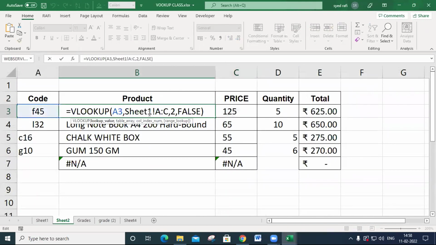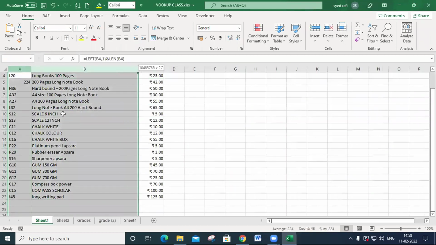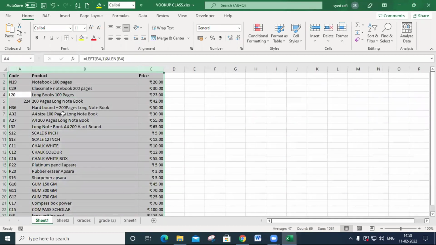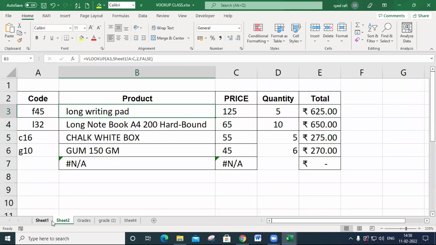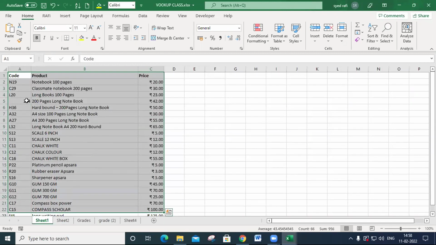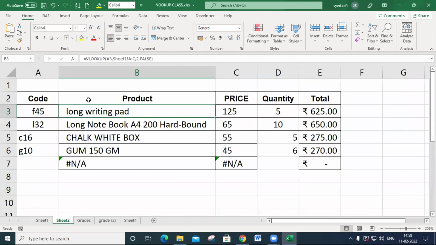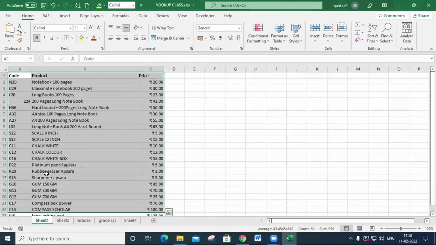So here you may concentrate. I took the second parameter in VLOOKUP, the table array, like this. Instead of this, you may select like this. What happened? If you add any new item to the data source, it can't be reflected here because we specified this range. That's why it will be displayed only within that boundary. That's why, when using VLOOKUP, instead of this, you may select like this.